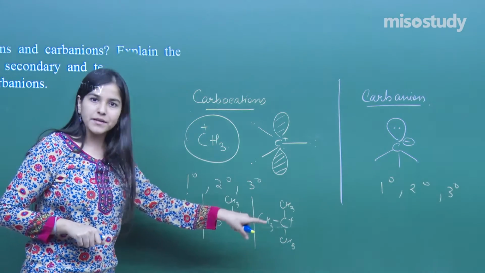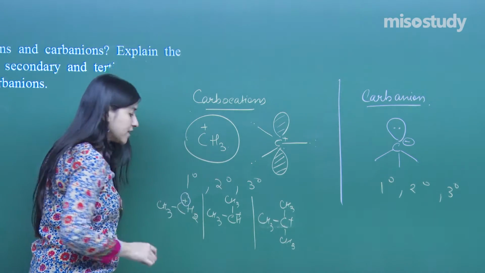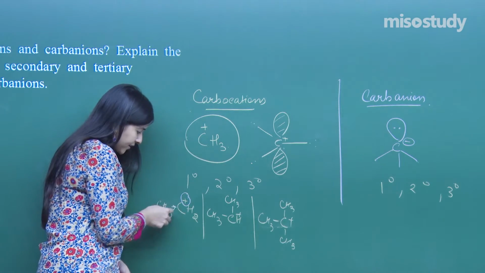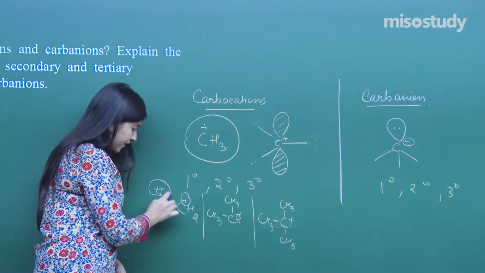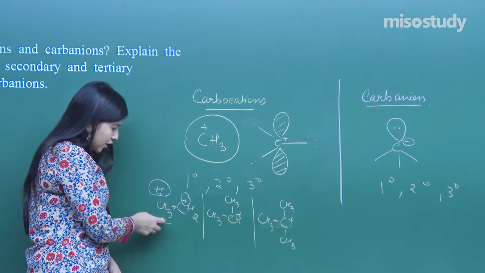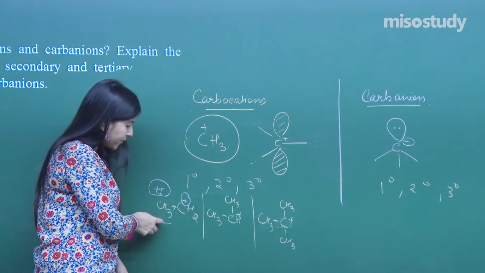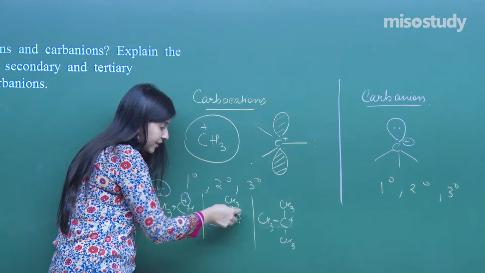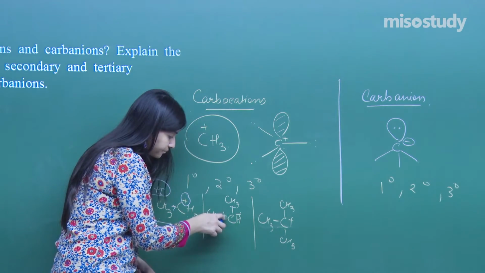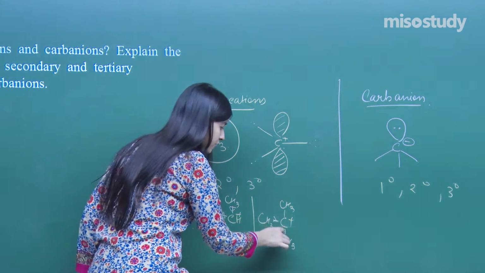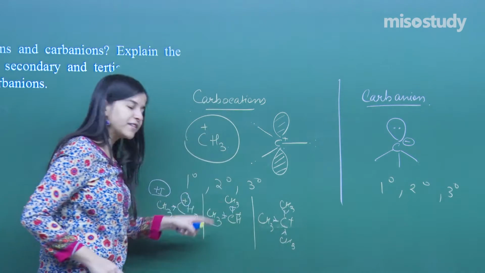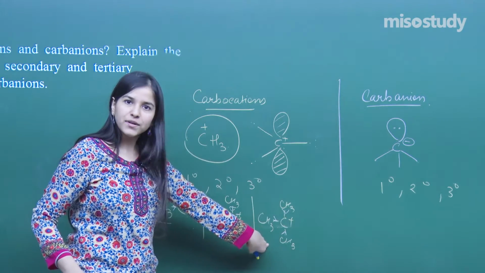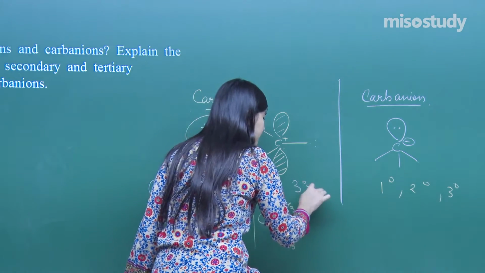If I talk about the stability, see here, this is a positive charge, it must be stabilized. So who is going to stabilize it? The plus I effect, the inductive effect, the donation effect of this alkyl group. So there is only one alkyl group which will be donating, thereby stabilizing it. But over here there are 2 alkyl groups which are donating. Here 3 alkyl groups. That means in which of them will be more stabilization of this positive charge? This one. So the stability goes 3, 2, 1, clear?